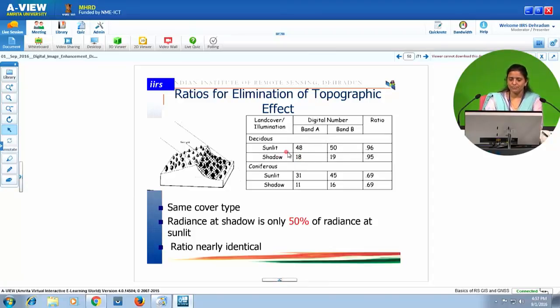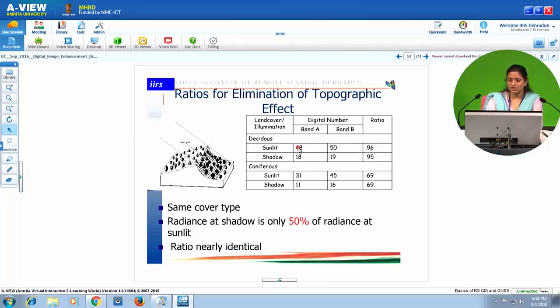For band B, in sunlit area it is 50, and shadow area it is 19. So we are unable to find out that these two pixels belong to the same category or same plant type, that is deciduous. Similarly for coniferous, in sunlit area we have 31, shadow 11, and band B 45 and 16. So using the raw digital numbers it is very difficult.